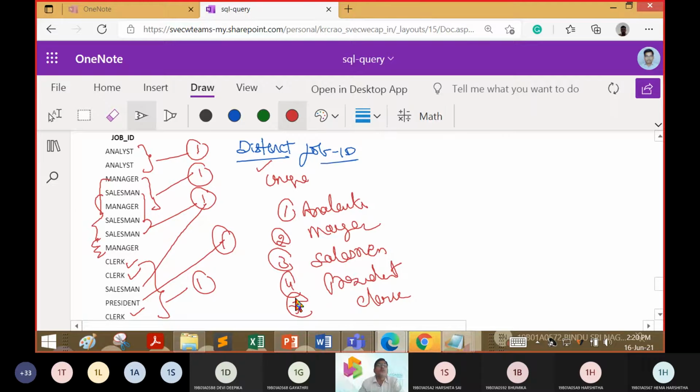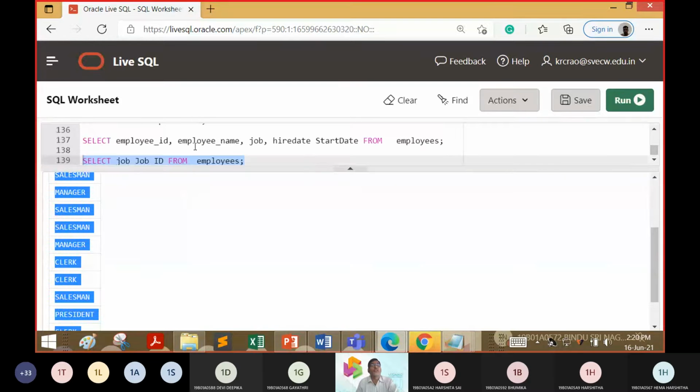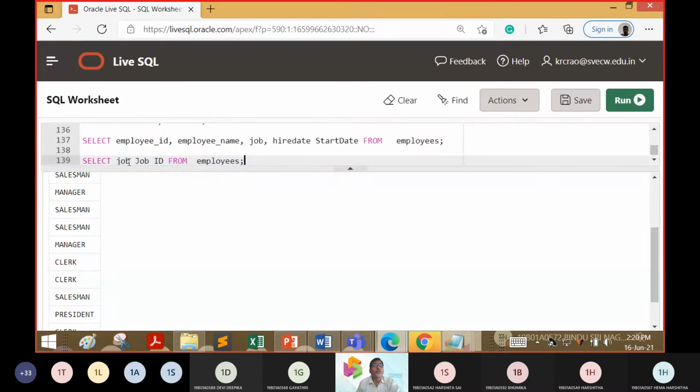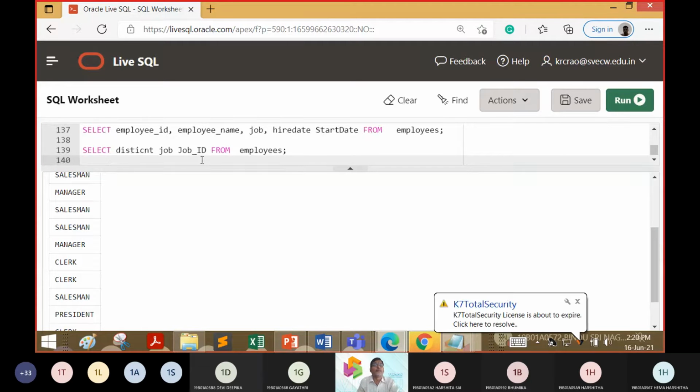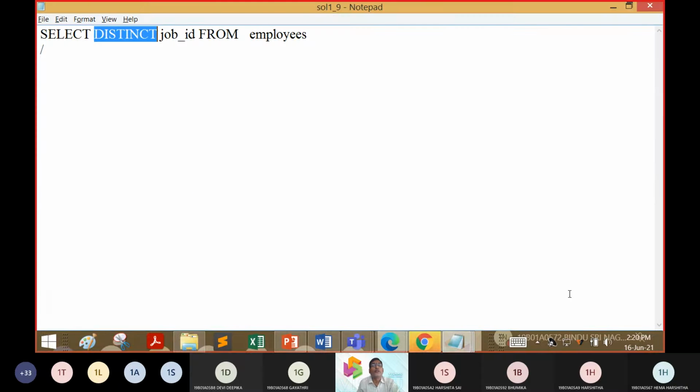So now let us see whether it works or not. The modification we are going to make is to add the word distinct.